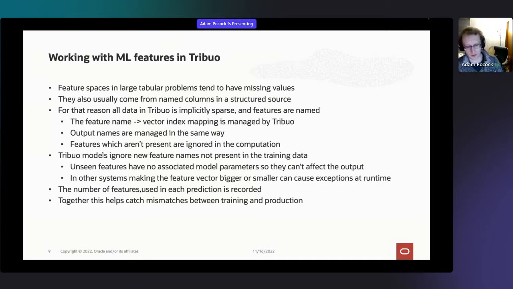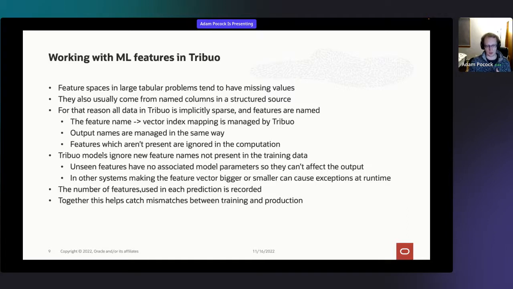Working in this ML feature space, as I said, a lot of the time these models expect float arrays. We don't really want to work with float arrays because it's easy to get them wrong. Also, in a lot of the enterprise problems that we're working on, they tend to be large tabular problems. Like we pulled in data from some database table. We did some number of joins. Some of the joins might not be complete, right? So there might be some missing values. There's lots of complexity when you're working with that data. But there's extra information there. You have all these columns. You have some structured source. You know more about where that data came from.